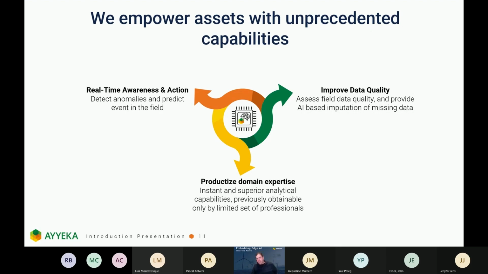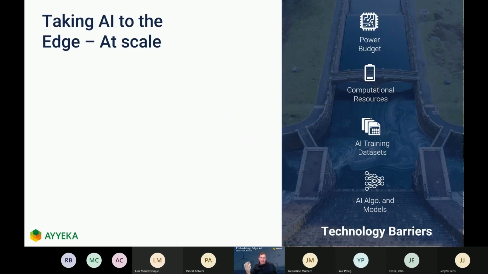And the third will be the productized domain expertise, meaning bring a lot of the know-how from the smart engineers on the management engineers level into the field itself. But doing this in the infrastructure space requires some tricks. And the reason is because, for example, if you want to detect real-time events and your device is battery powered and asleep, you need to make sure that even though the device is on low power mode, it still detects